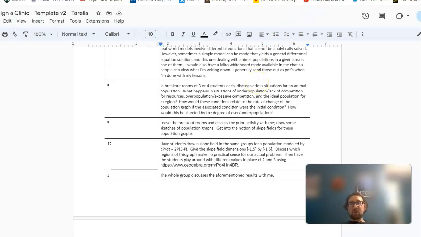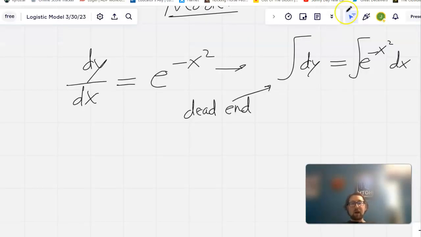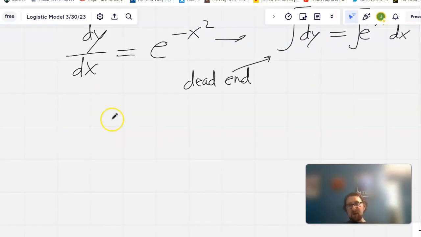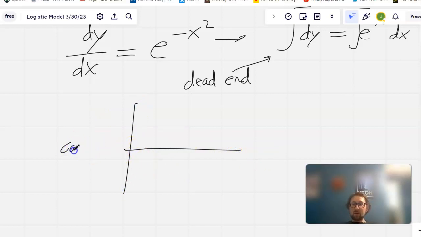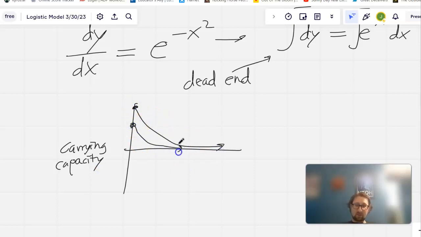So now what I want you to do is quantify that a little bit more. If I were to talk about what happened here, let's say this is my carrying capacity. The situations we described are basically like this. Very overpopulated,